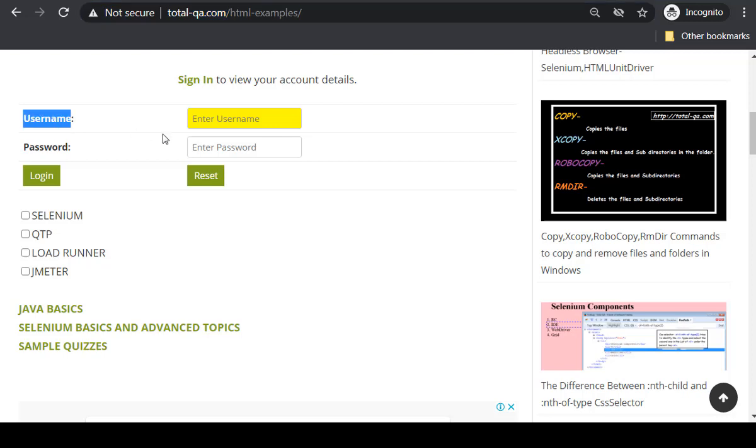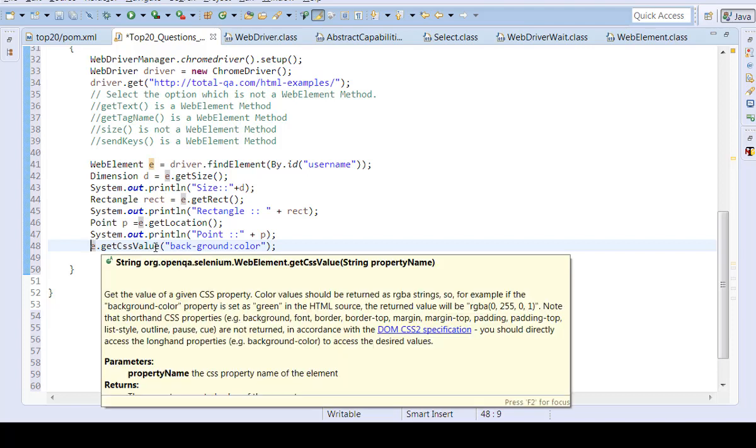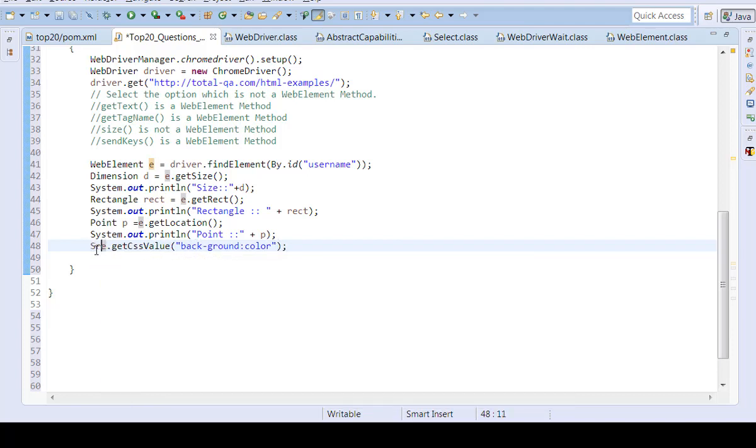So if you wanted to identify the style of this text box, the background color that is applied for this text box, which is a CSS value, we have to provide here as background-color. Then we will get a string here. getCssValue returns a string. CSS style details, and we will try to print.